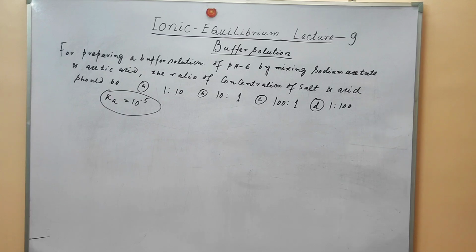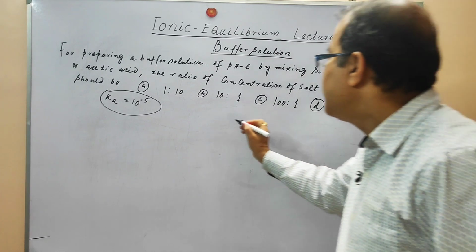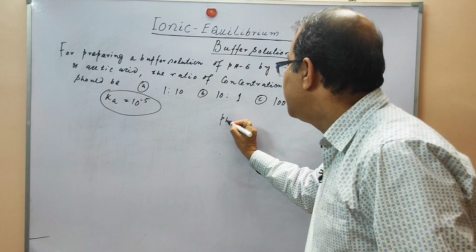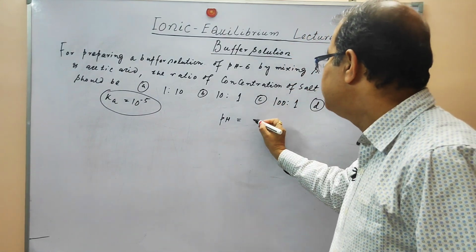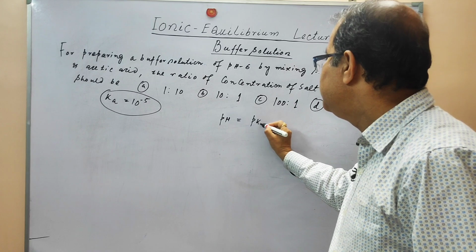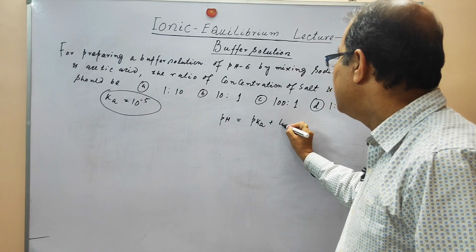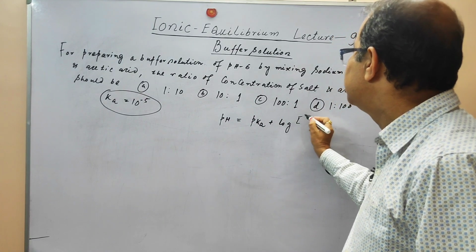And you have been given the Ka of the acetic acid is 10 to the power minus 5. How do you calculate that? You have to prepare a buffer solution which will have the pH 6. So we can use the Henderson's equation, and this is pH equal to pKa plus log of concentration